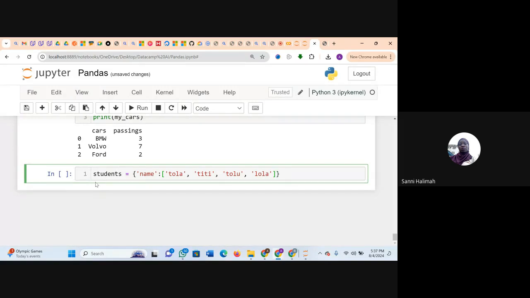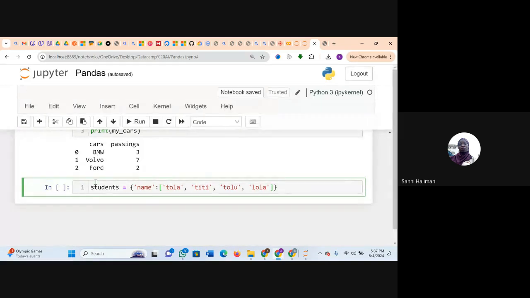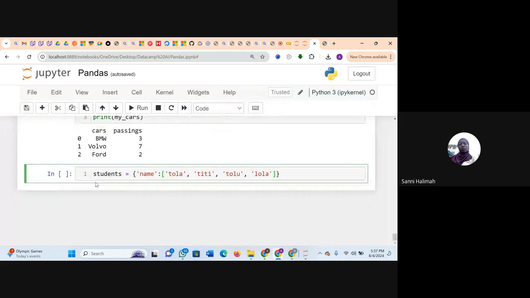Okay. Comma. Comma at the back of the square bracket. Yes, I've done that. So now age. Age. Okay. Colon again. Square brackets.